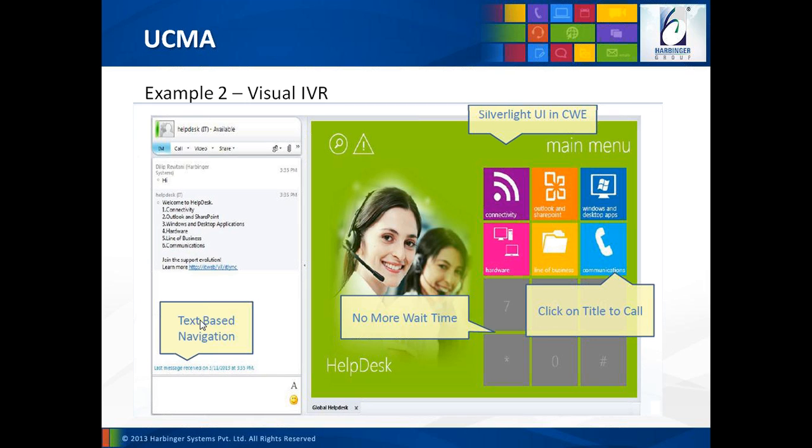I'll tell you the advantages from the user's, or the customer's, perspective first. When you dial a typical help desk number, you typically hear an IVR menu. IVR stands for interactive voice response. The IVR menu is read for you. You hear all the options 1, 2, 3, 4, 5, 6, and then you choose your option and punch it in.